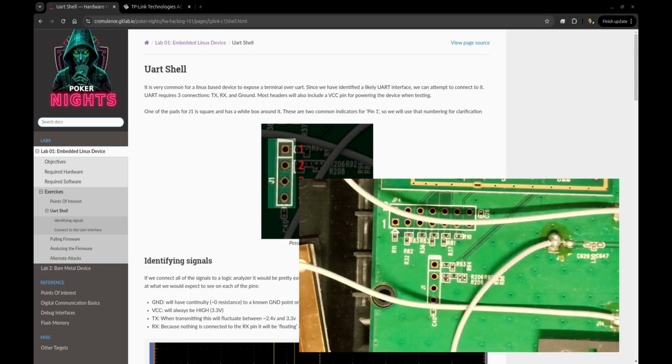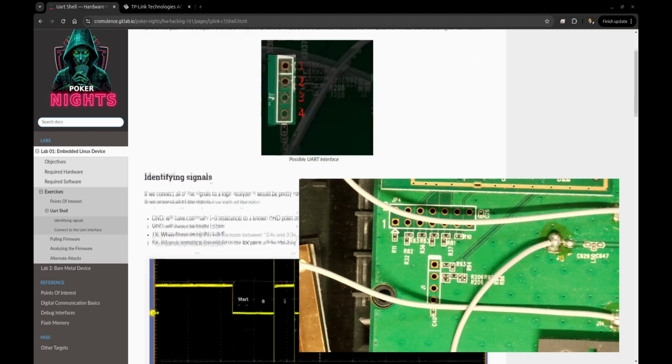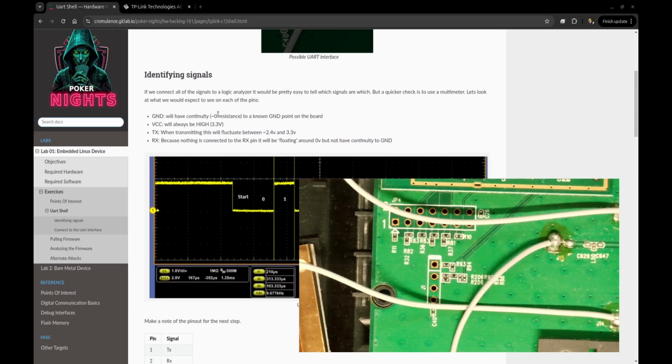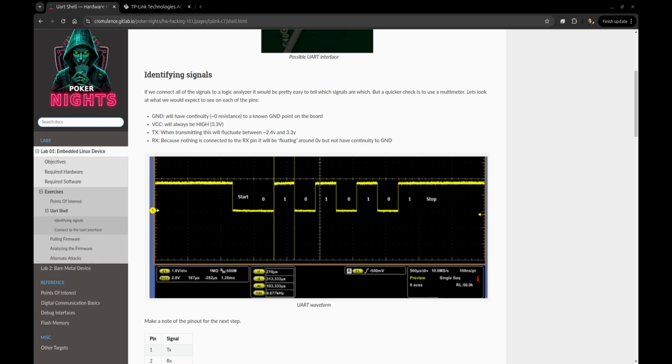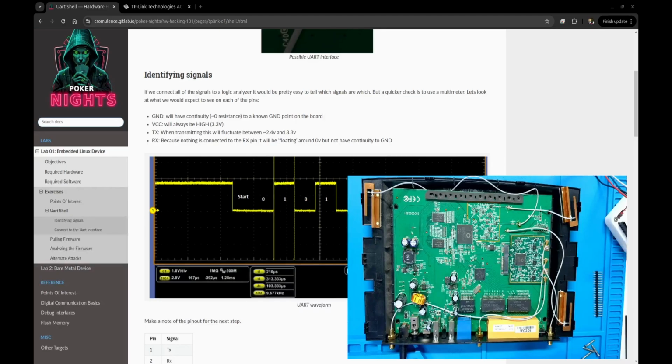And I'm going to pull up the microscope view here. So we need to find ground, VCC, TX, and RX, so we can start looking at what we expect to see on those signals. And ground is going to have continuity with a known ground point on the board. Good place to look for this is something like